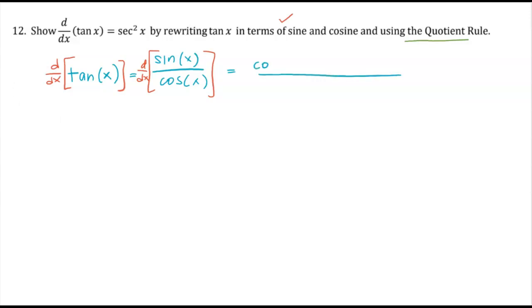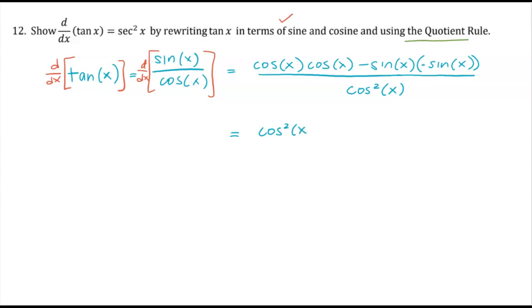So low, d high, the derivative of sine is cosine, minus high, d low, the derivative of cosine is negative sine x. I'll be slow. Usually I would just multiply that negative to the other negative, all over low, low. So if we want to take a moment, we could rewrite this. We have cosine squared of x. A negative times a negative gives me a positive